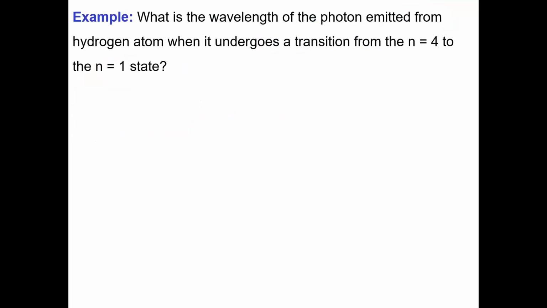So let's do a sample calculation using the Rydberg equation. What is the wavelength of the photon emitted from a hydrogen atom when it undergoes a transition from n equals 4 to n equals 1? We should recognize that the smallest number is going to be our n1, and our bigger number is going to be our n2. As n1 is equal to 1, that tells us that the wavelength of light that's emitted is going to be in the UV, so we should be expecting a number that is less than 400